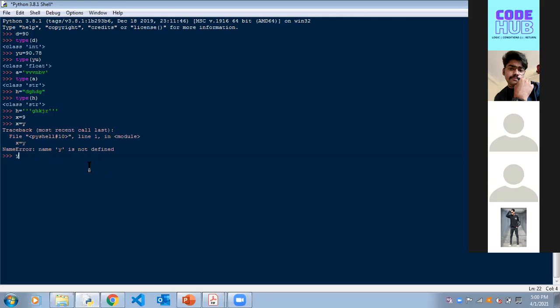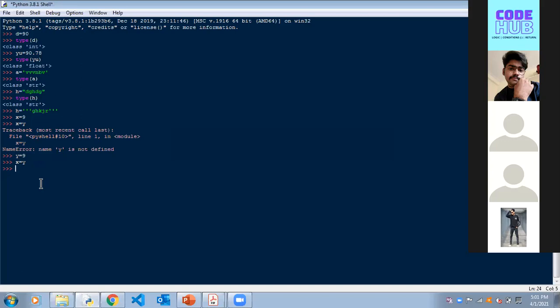Okay. Now what I'll do is y is equal to 9. When I write x is equal to y, now what will it do? Tell me, it will take y's value 9 and put it into x. So that's what I say. The names on the left of these two, that is x and y, are your house names, and then you have the values assigned. These are you people, like you stay in your house. See, now I run it, there's no error.